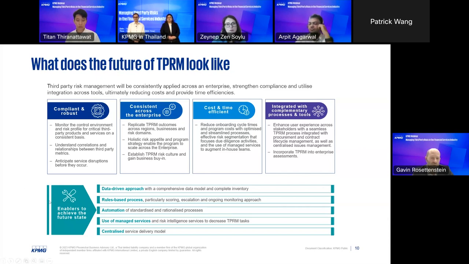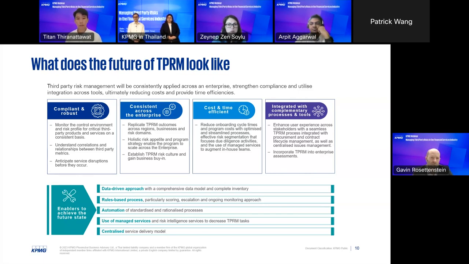Over the next 2 pages, I'll come into a bit more detail as to some of the expectations that we've put in place, or that we see are there, and that some organizations are starting to do. On the far right there, around integration with complementary processes and tools, it's really important to understand, as I was saying, how third-party risk links in with your broad operational risk programs, your broad operational risk frameworks, the tools that you have in place, your GRC systems, etc. What technology do you have in place that is ready to manage and govern, or components of it, and how do you integrate TPRM with those?